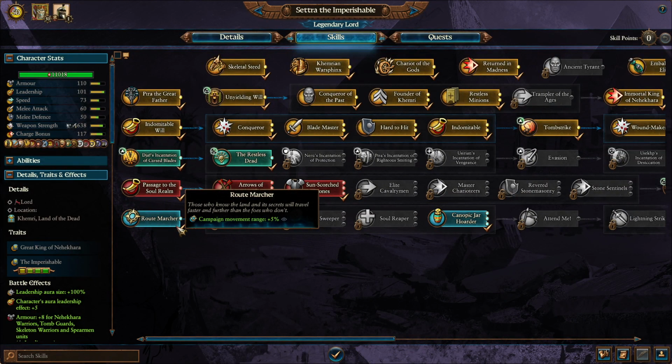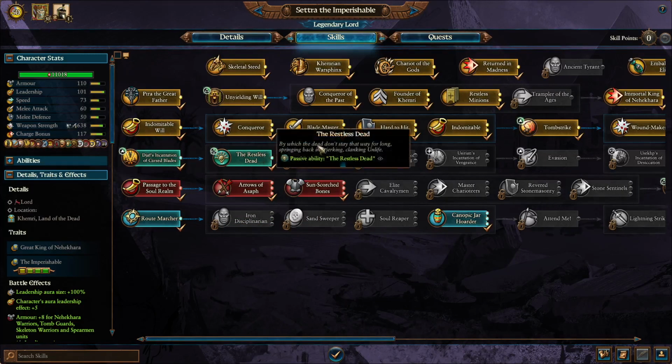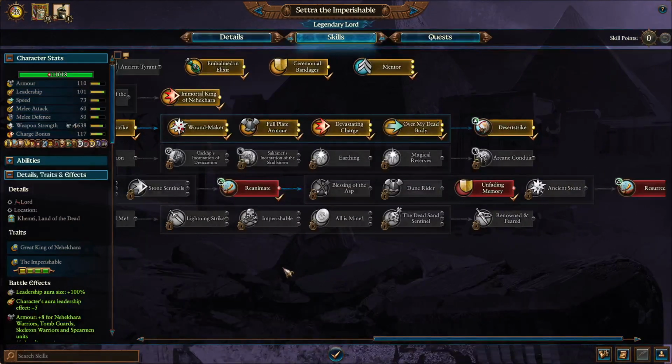Let me know down in the comments, guys, what you think, how you end up leveling him up. If you end up just kind of making him a one-man Doomstack, going down his Magic Line and Melee Line, let me know down there. Again, in the comments, I'm always interested to see how you guys decide to level up a Legendary Lord compared